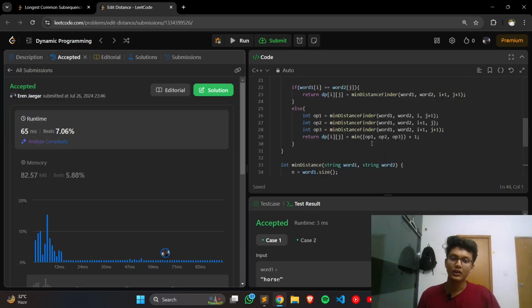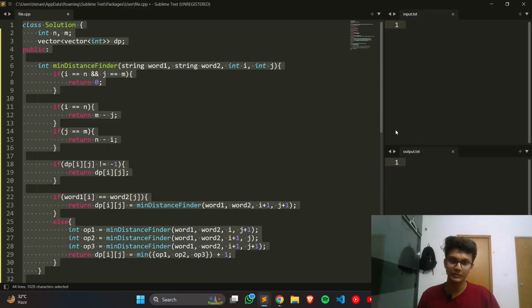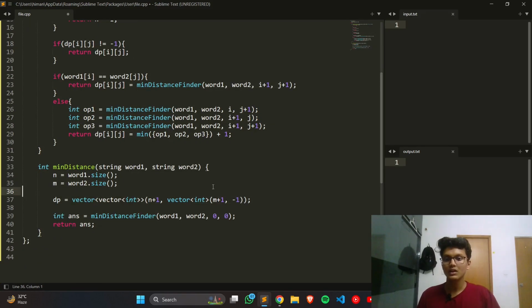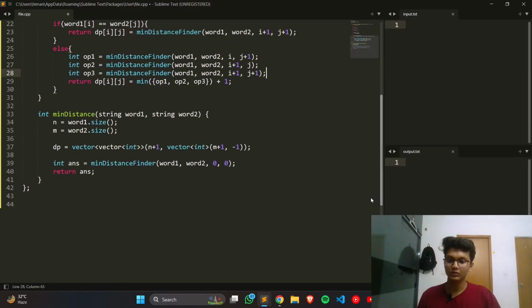Working. Now one thing we can do is convert this into bottom-up, which is the important part now. So again the same thing is happening, right? We are at i j, we are looking for i plus 1 and j plus 1 in any of the cases, right? So we want that index value to get computed, right? So what we can do, again